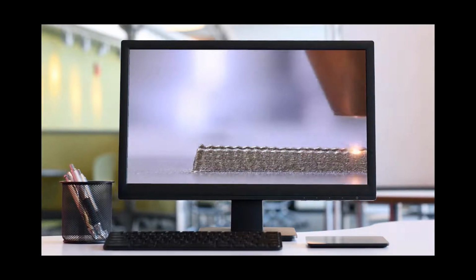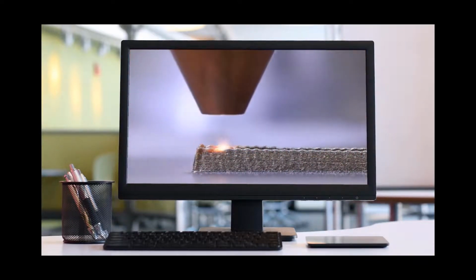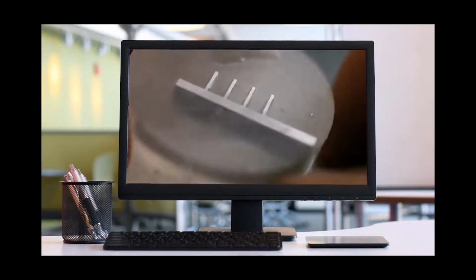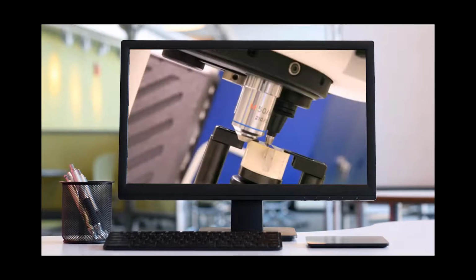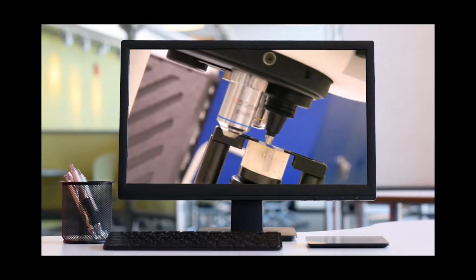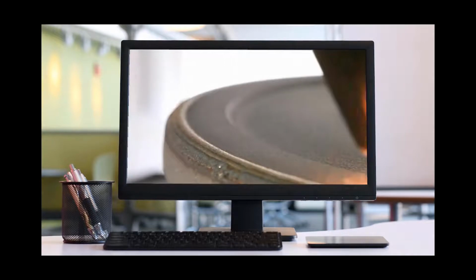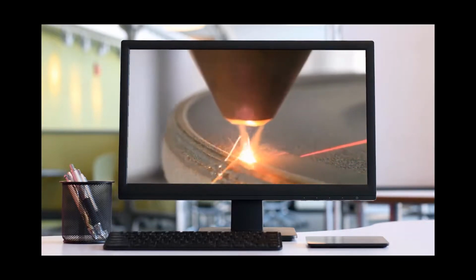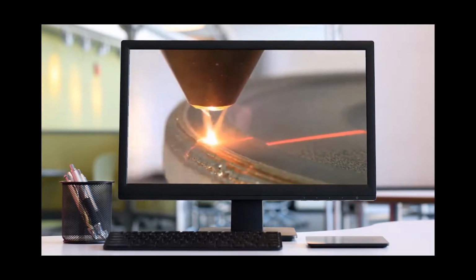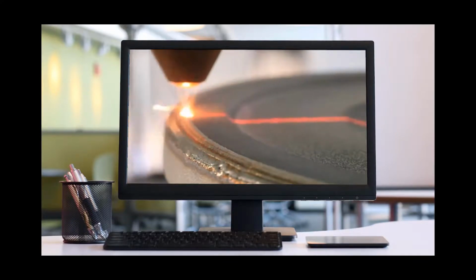Unlike HVOF, the LAP process achieves a full metallurgical bond by fully melting the surface of the substrate while applying powder. The precisely targeted heat of the laser allows for lower penetration of the parent material, resulting in a smaller heat-affected zone and a lower dilution rate. This translates to an enhanced grain structure and lower minimum clad thickness required to achieve desired hardness, as compared to PTA-applied clads. Parametric accuracy of the system allows for clad layers as thin as 0.004 of an inch, with maximum clad thicknesses ranging over 3 inches.